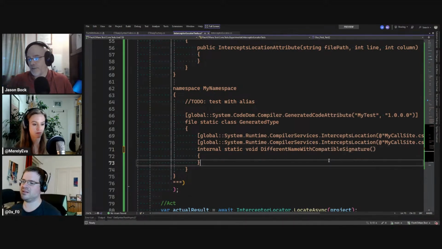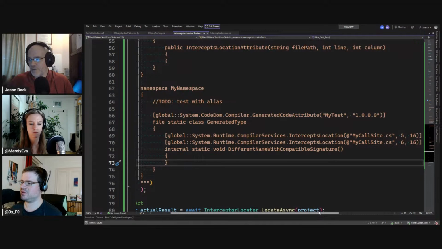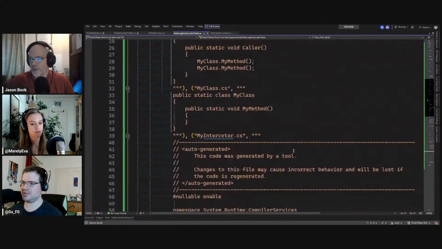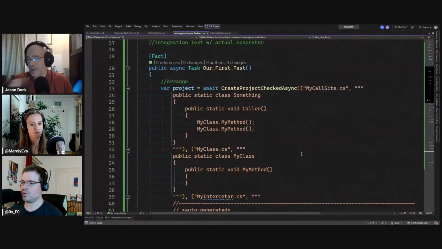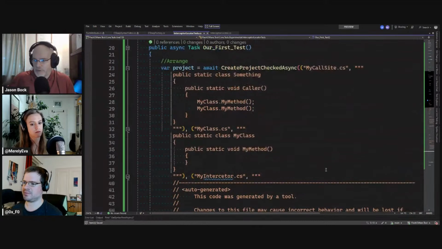Well, you have two there. I don't know if that second one is still valid or not based on where it is in the code, because you have the intercepts location twice there, but you did put two there. Okay. Oh yes. So what I'm saying is, in your test, those two method calls have different names as well.